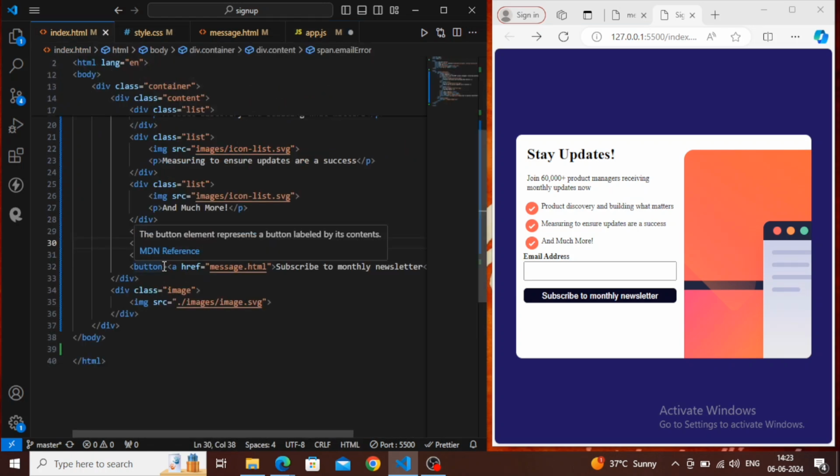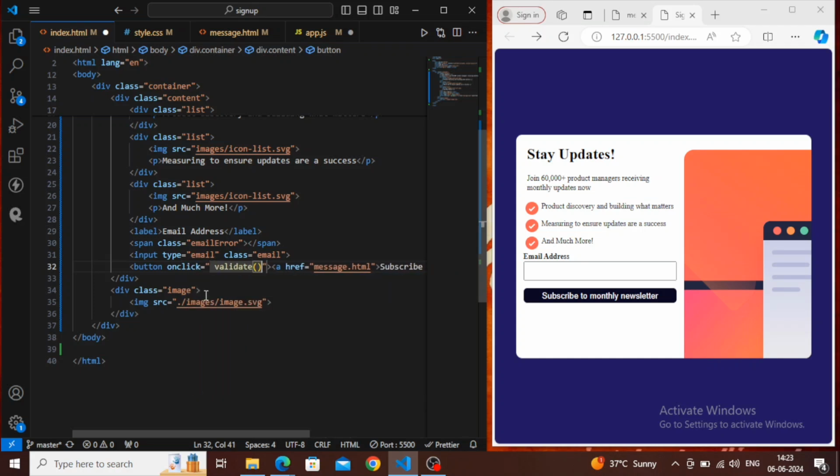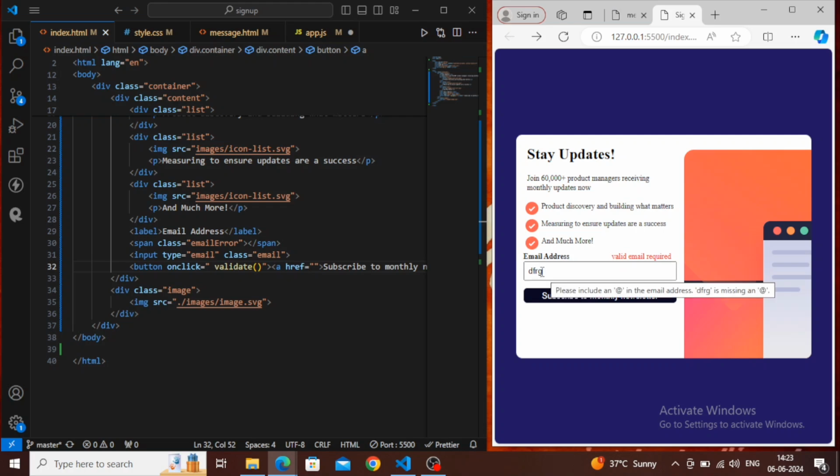We will write on click, and inside this we will call this function. So whenever we write something here and click on this, let me disable this thing first, otherwise it will redirect us to the next page. And then if it is not a valid email, then it will give valid email required, and if it is